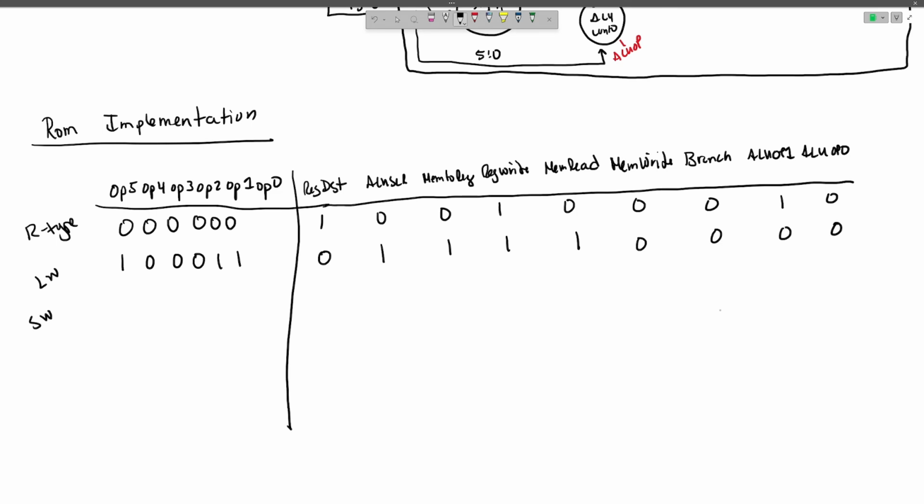Our store word, it's going to be, I don't care about that one. I don't care. And then lastly, for our branch equation,